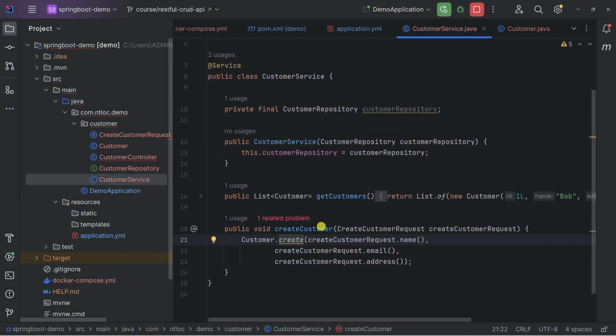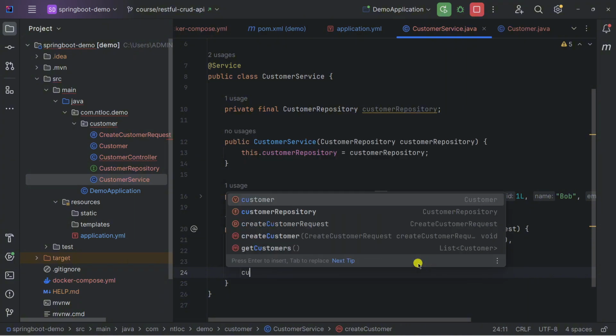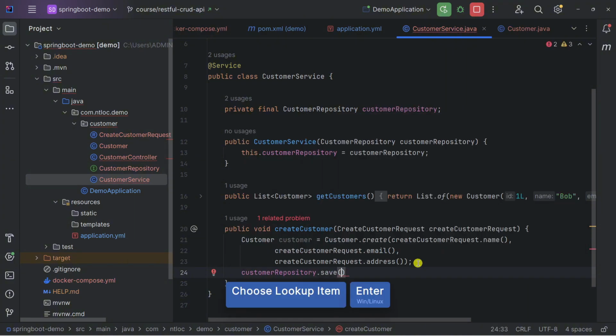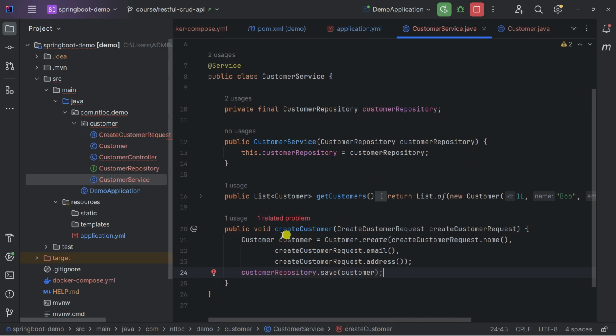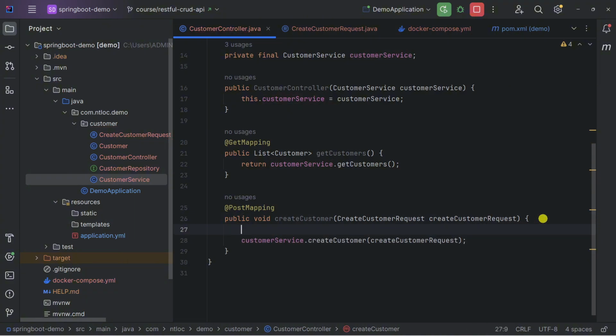Go back to the customer service, and then I simply attach it to this variable, and then customerRepository.save our customer. And we have one related problem in here. Sorry, this will not return, but in here we can have some log.